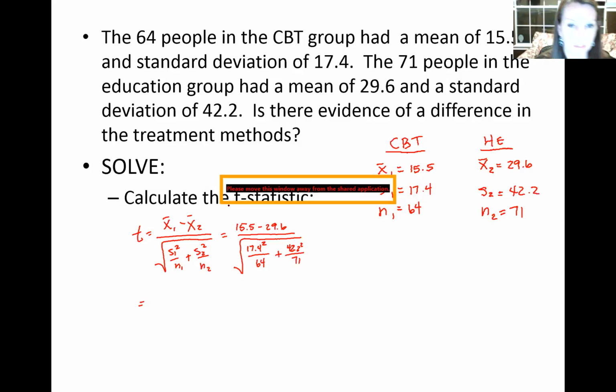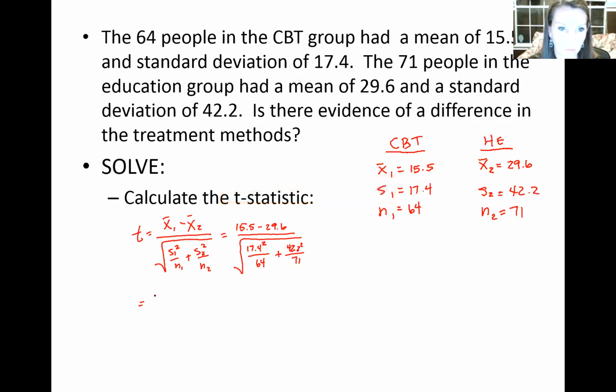All right, so now I'm going to start working on the math. So I start with the numerator. So I have 15.5 minus 29.6, which is negative 14.1, divided by